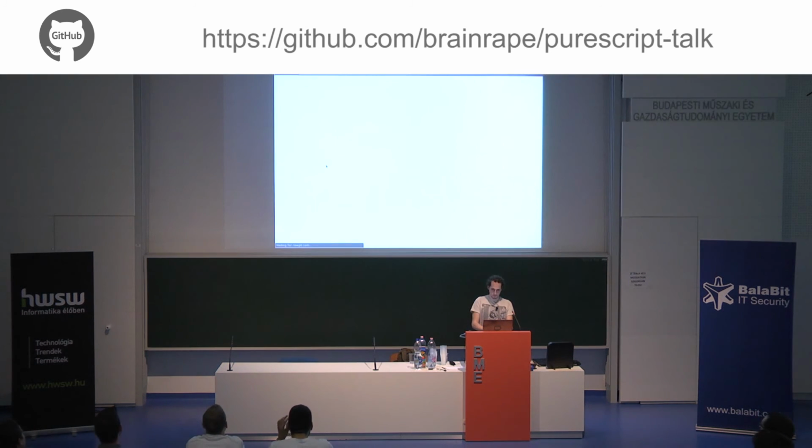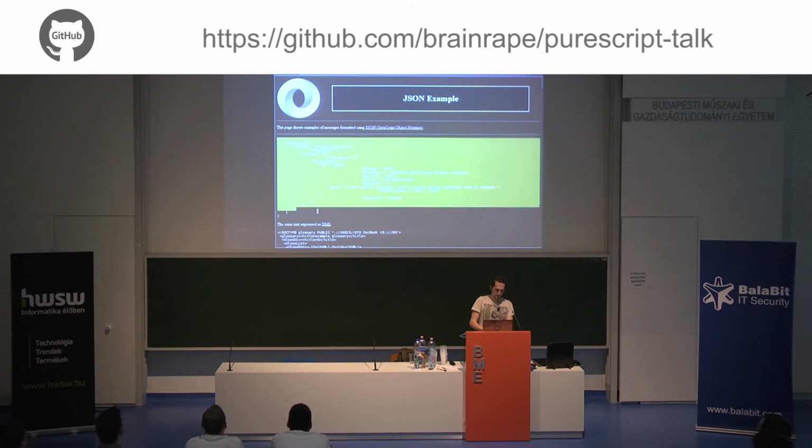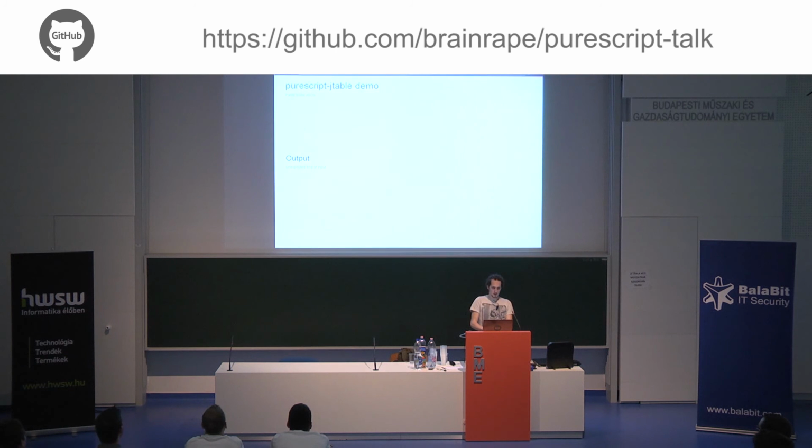Try it. Here we go. Need an example JSON as well, it seems. Perfect. So you take any JSON you want, and then it generates a table for you. Apparently, this JSON is not very well structured, but you can use any JSON, and the structure appears in the headers.